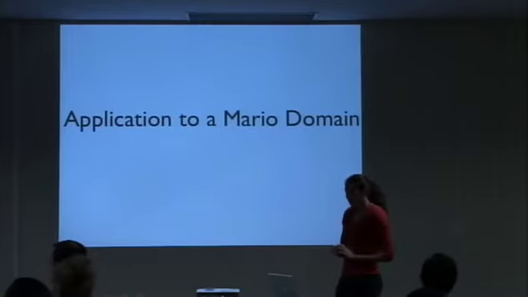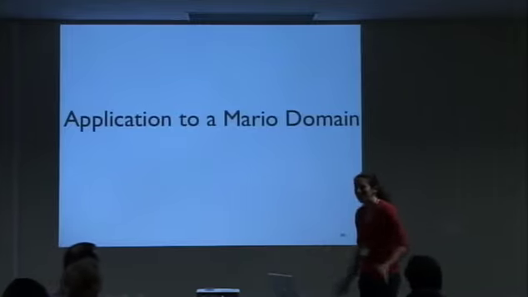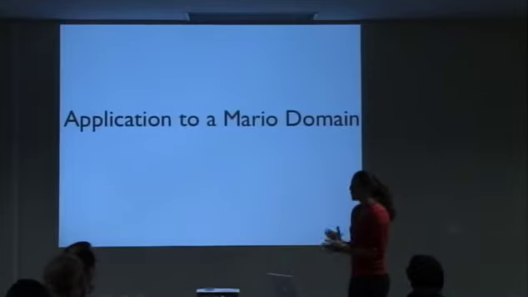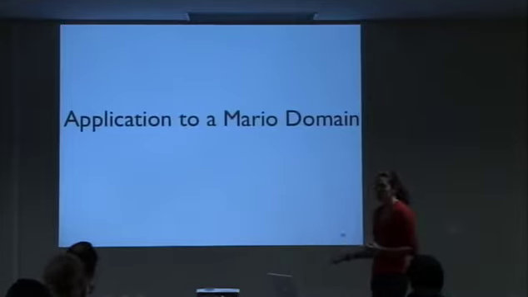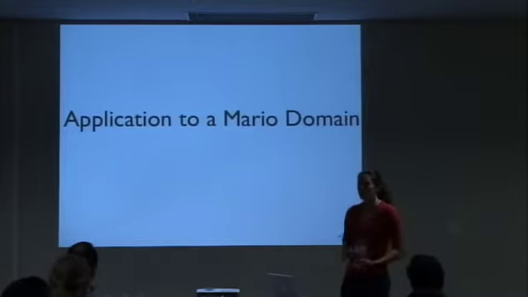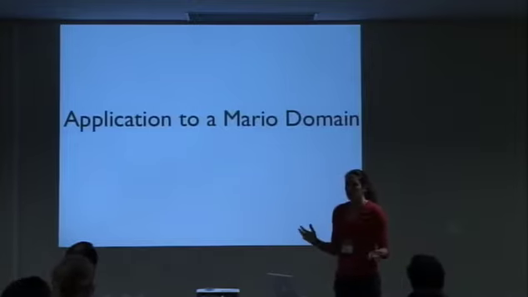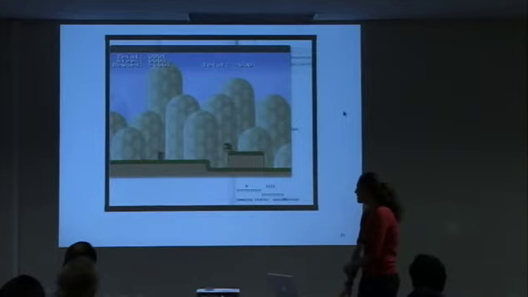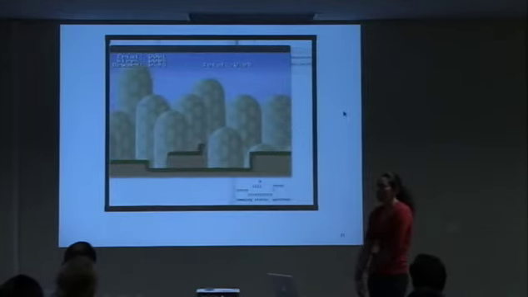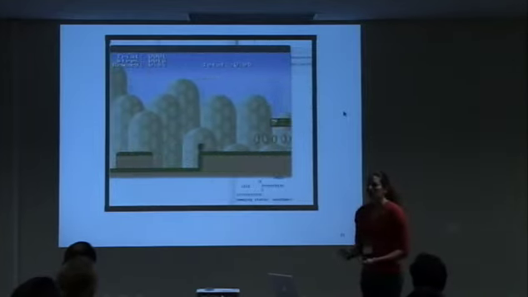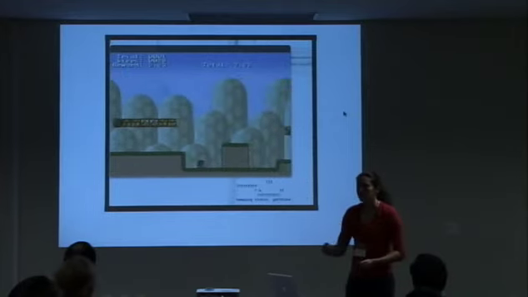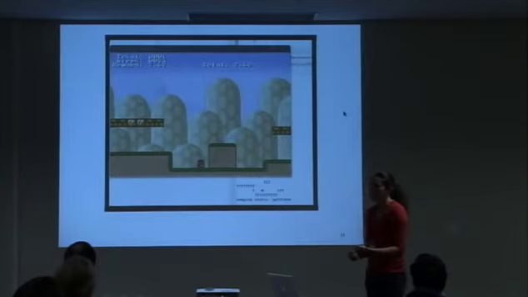To do something that's not necessarily realistic, but where I wasn't able to hard code the values, we applied this to a Mario domain. So Mario is going through the world, collecting coins and avoiding monsters to make it to a goal. In this domain, I actually had to sample the state space. I defined states as Mario's relationship to other objects. I actually encoded macro actions, which use the primitive right, left, and jump, using A* for Mario to go to